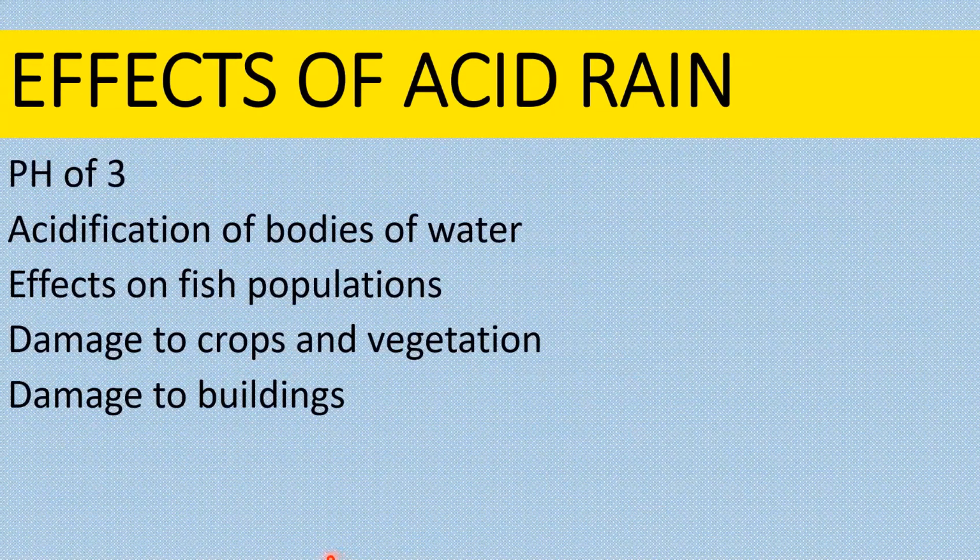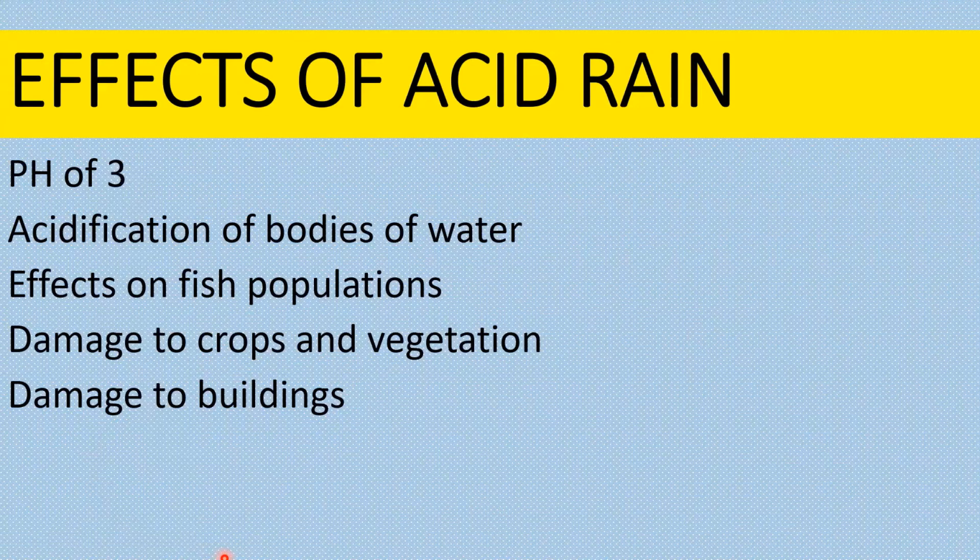Now we can go through the impact of acid rain under the following headings. Acid rain has a pH of 3, the same as vinegar, and can travel in the atmosphere and affect areas up to 1,500 km from the polluting source. It is transnational: acid rain resulting from the emissions of UK power stations killed fish in Norway before preventative action was taken.